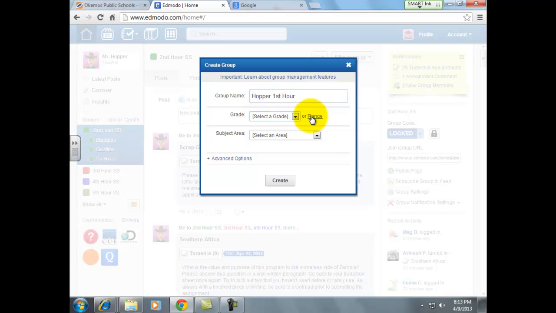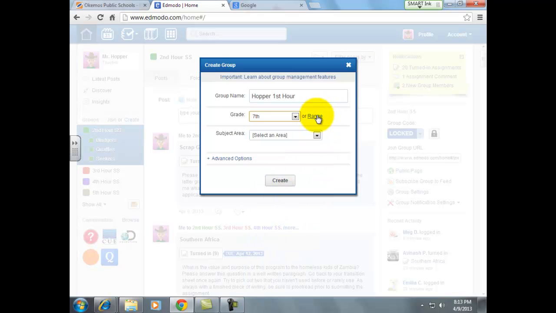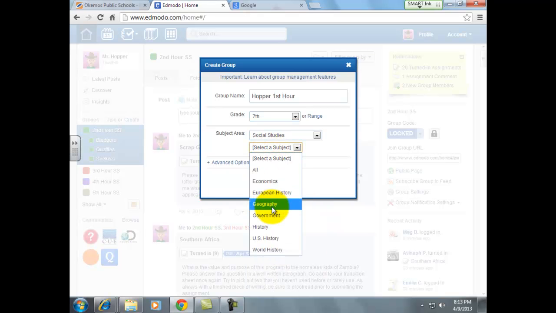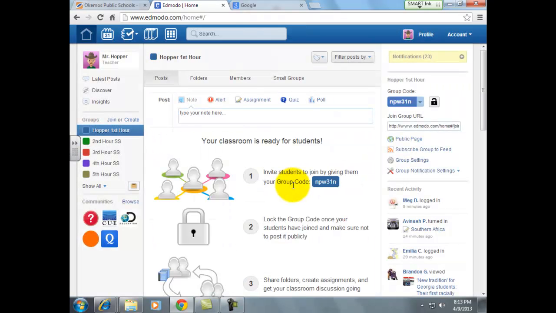It's pretty simple. Select the grade. I'm teaching 7th grade. You can do a range if you want to do that, if you're teaching more than one grade. You got your subject area, and then some of them have subheadings below that, and you can set that up if you want to. And then you go ahead and click create. It's a pretty simple little process, and you can see over on the left side I've got a new class there called Hopper First Hour, and then I don't have any students there, nor do I have any assignments,